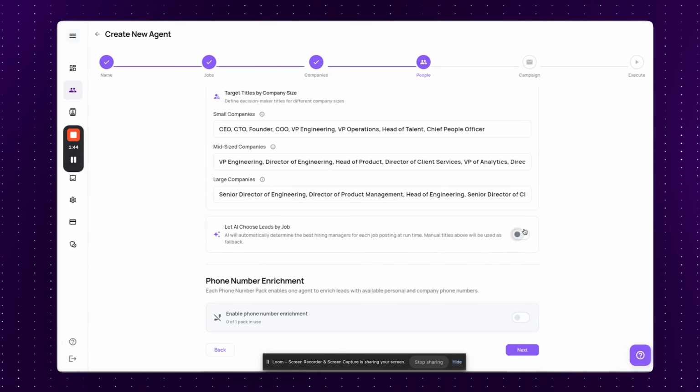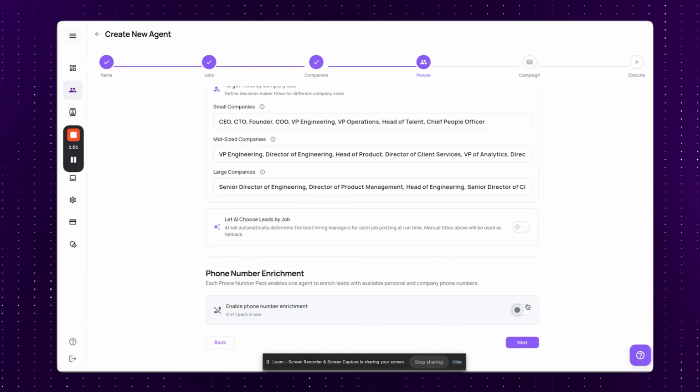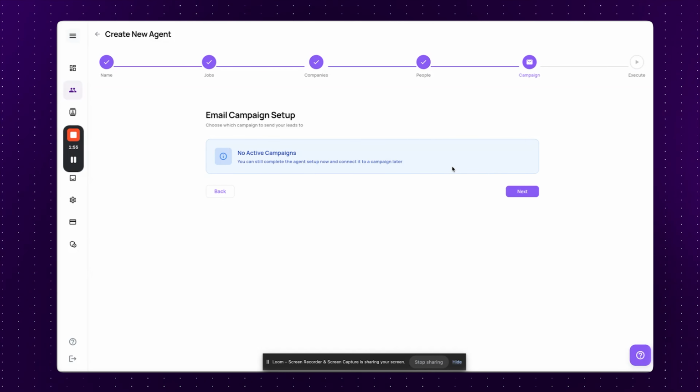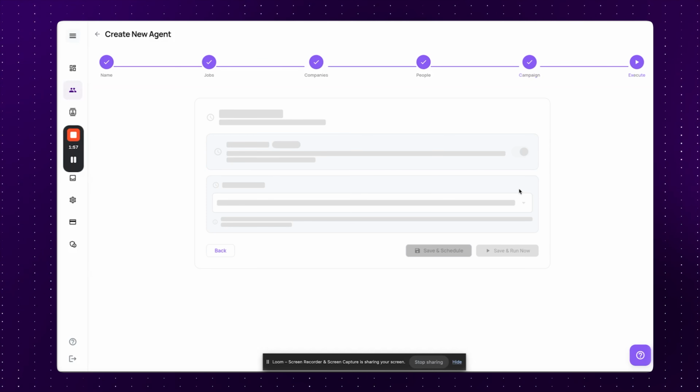You can then click this if you want AI to go level 2 deeper to really make sure it's matching the perfect titles with the job hiring managers. You can also select this to enable phones. You can also select this for campaigns as well, but let's skip through that. And then all you do is just select what time you want the leads to be sent to you, and it's as easy as